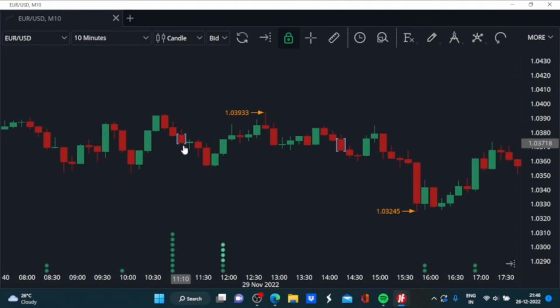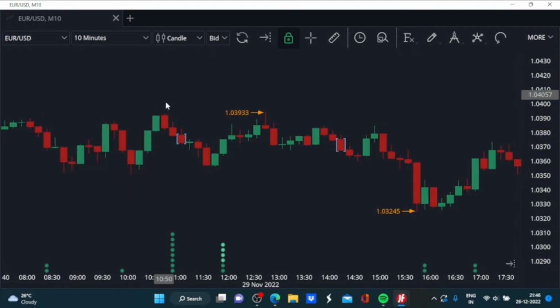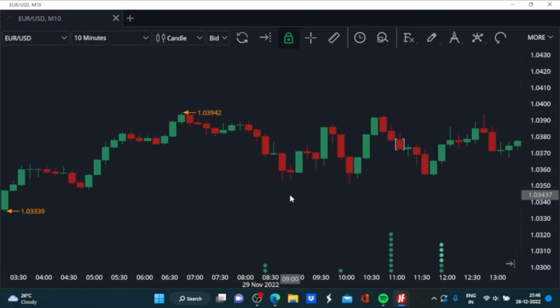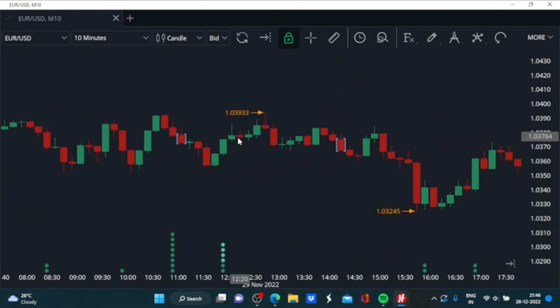So once we get this confirmation, all we have to do is look for the entry price which is as close as possible to this immediate swing high, while keeping the stop loss with good enough buffer. You can see what is the range in the prior period in the immediate vicinity, and depending on that range you can come up with a good enough buffer price for keeping the stop loss, and then you can go for the